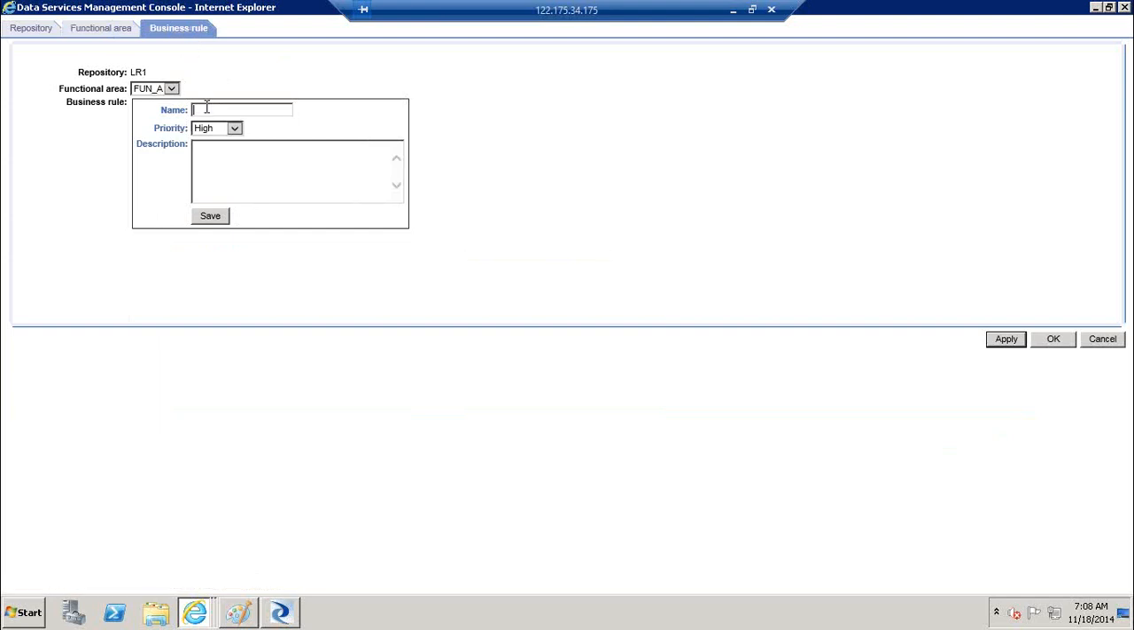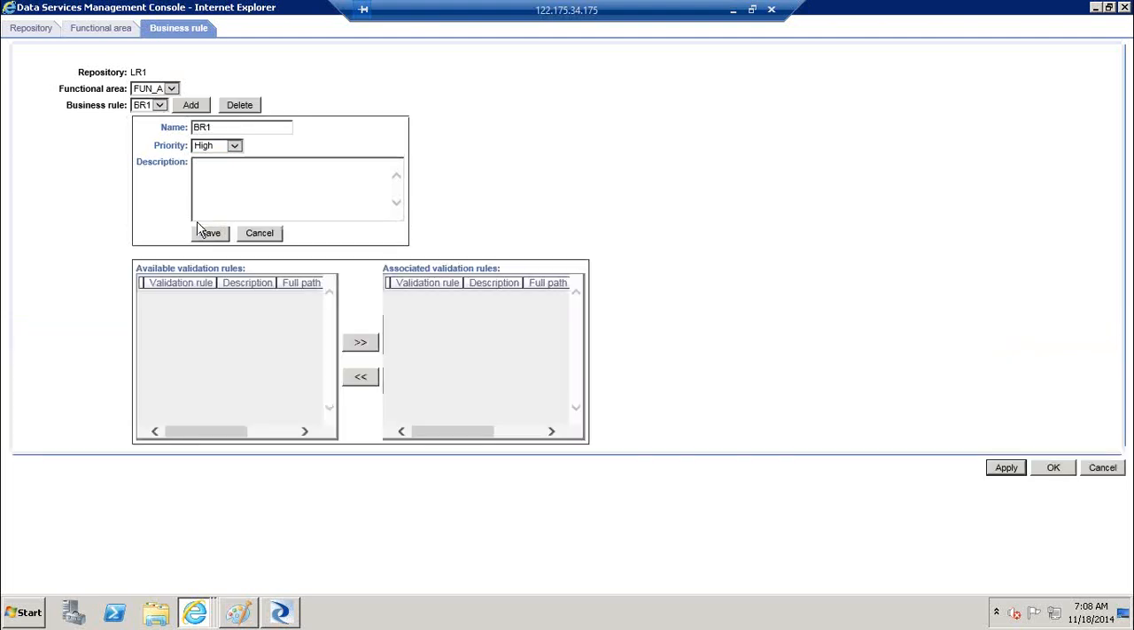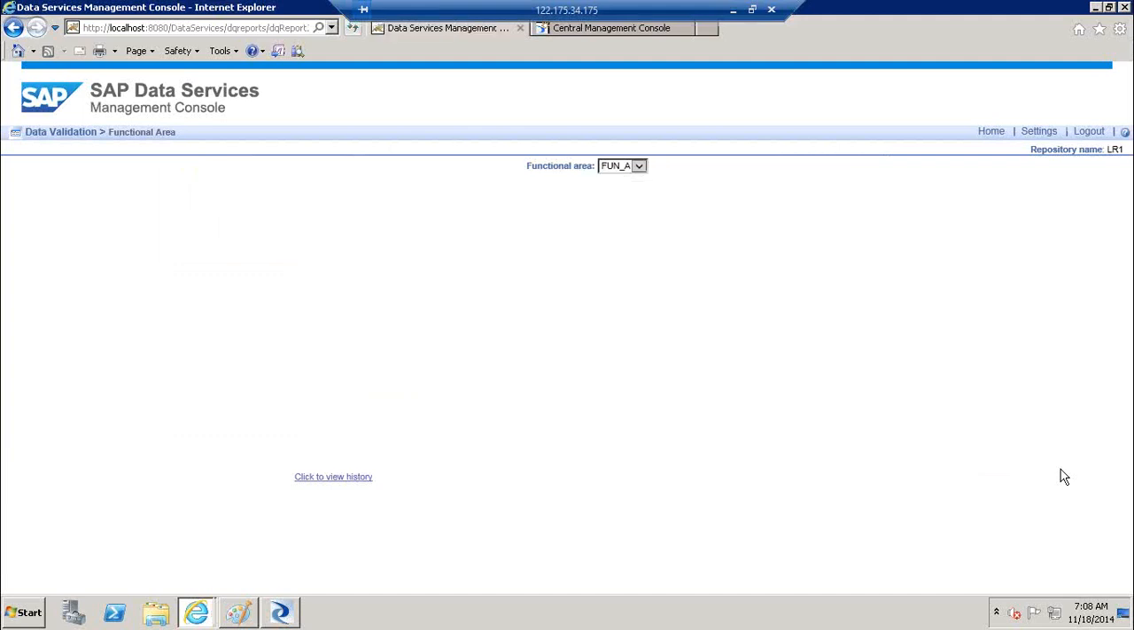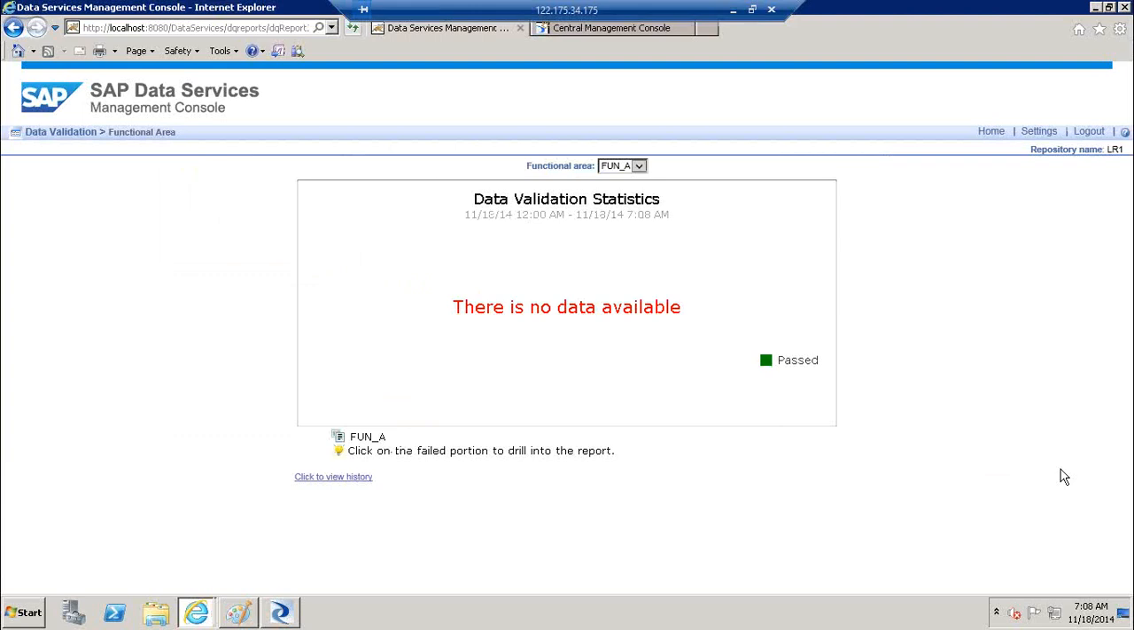So in business rules, again you give the naming as BR1, set the priority, is that low, medium, or high? And just click on save, and again it will show the available validation rules that are present on your local repository. You need to select them. Now this is not a job, it is a rule that is available, and you need to select that and associate it with the validation rules, and just click on apply and OK, and your functional area is refreshed,